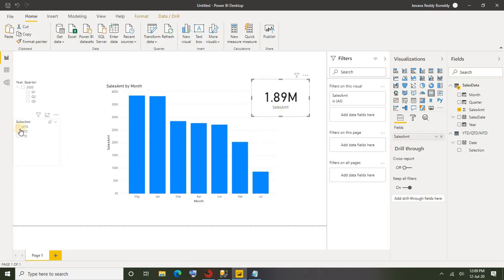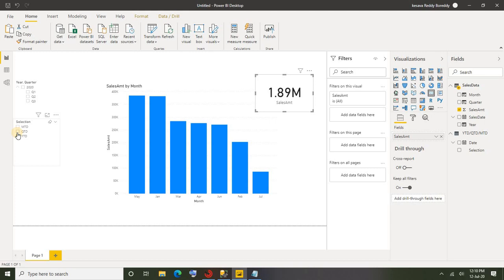Okay, now let me go ahead and select YTD. That is YTD, obviously it will be the same, because for the whole year I have data for only this year, so this is total sales. So in case you have sales for multiple years, when you select YTD, you could see only the sales amount from the starting of this year till today. All right, so in my data set I have only 1 year, so you can't see the difference here.